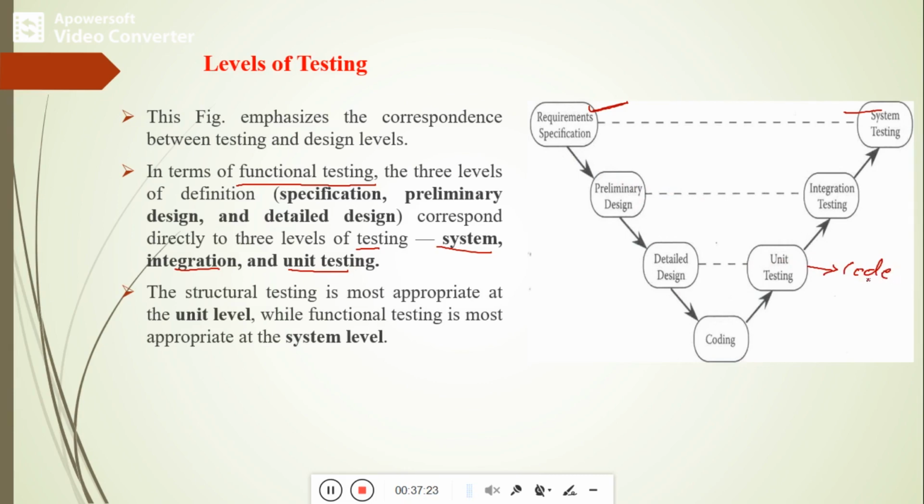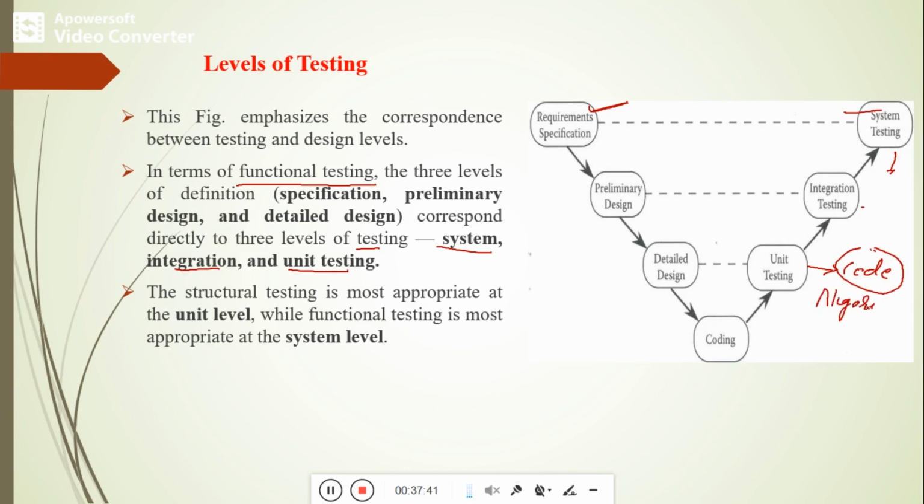While functional testing is the most appropriate at the system level, when the system is ready we are also doing structural, unit level testing. The coding part will be tested, like what type of algorithm you have used.